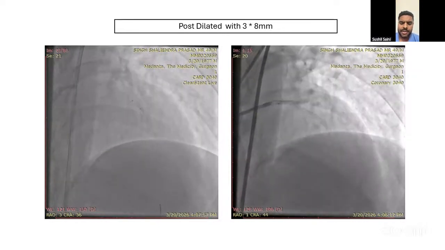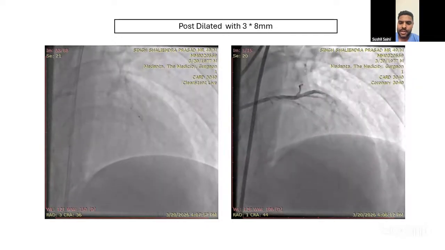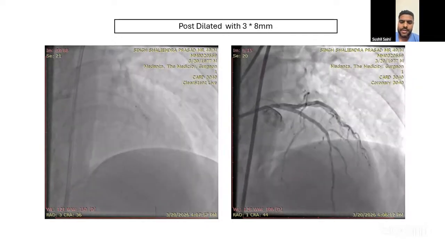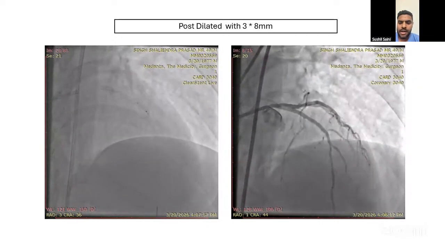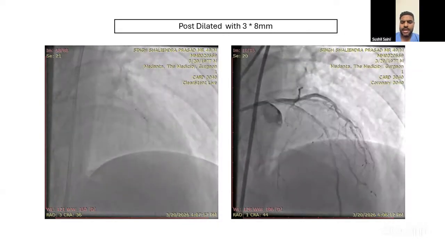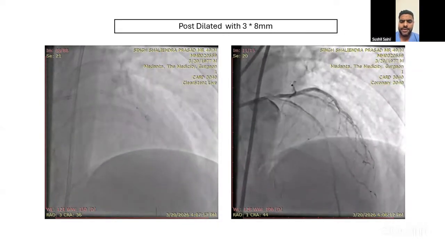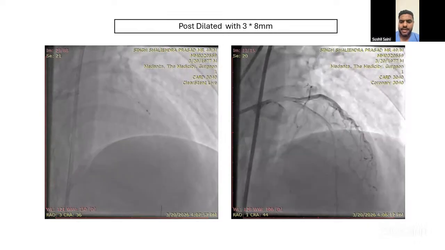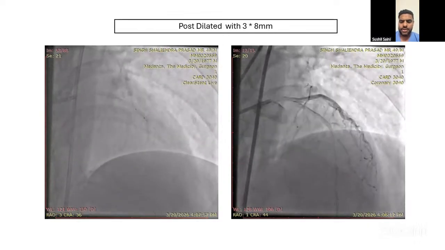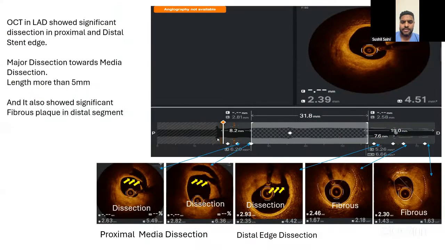It looked acceptable. But as Kapoor sir always says, always check with the imaging. And we all follow that; almost 80 to 90% of our coronary interventions are imaging guided. So then we took the OCT shot, and yeah. So this is the OCT,